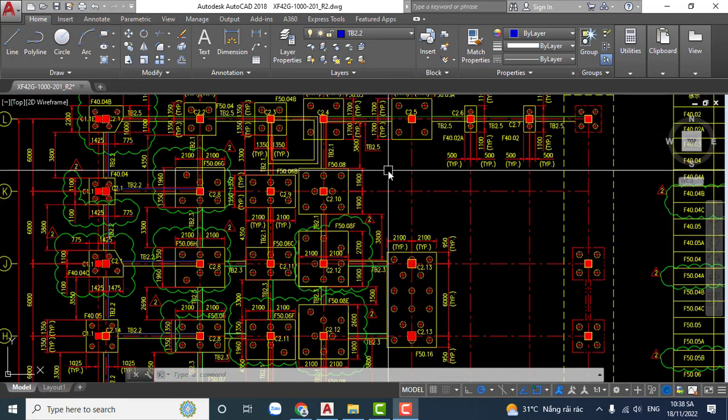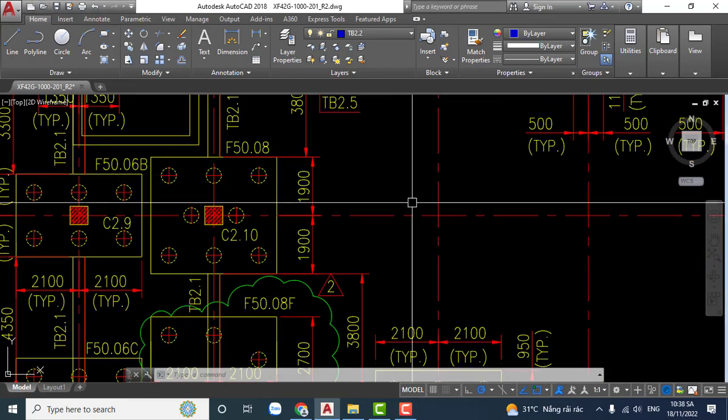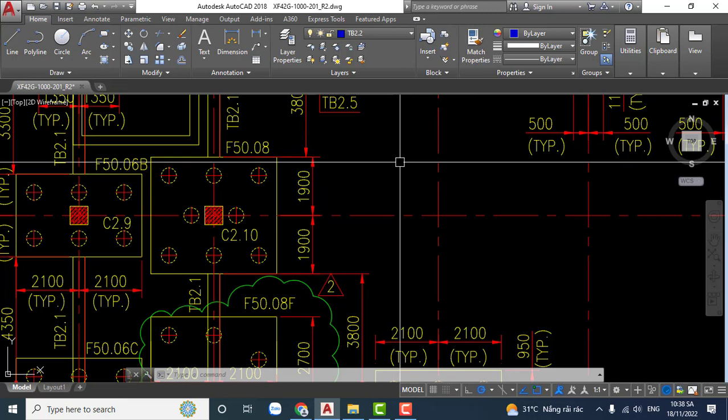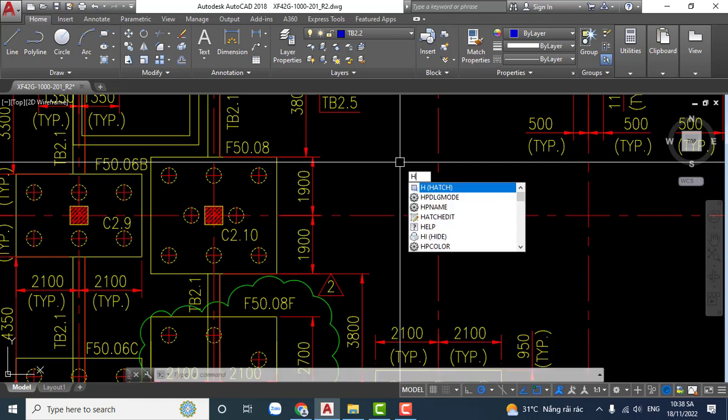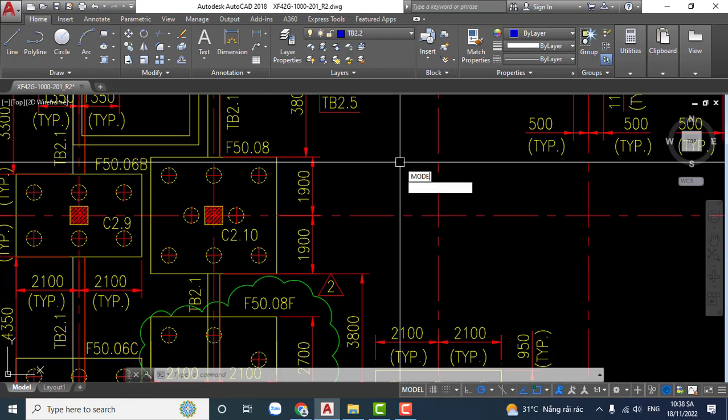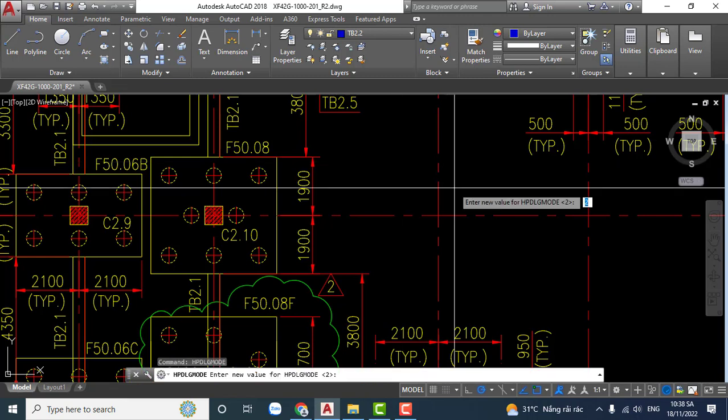The first step, you start AutoCAD. Okay, so second step, you enter the command HPDLG. Now you select here. Okay, and then